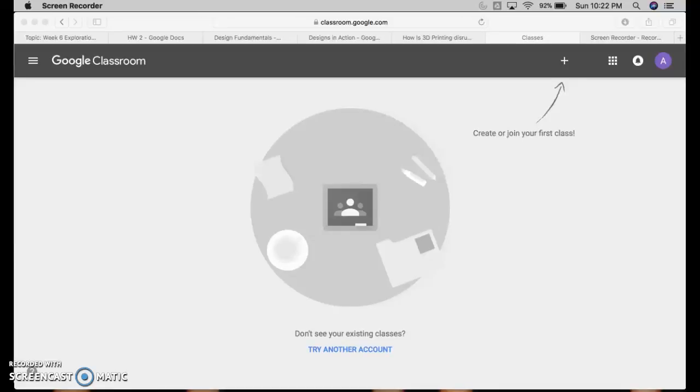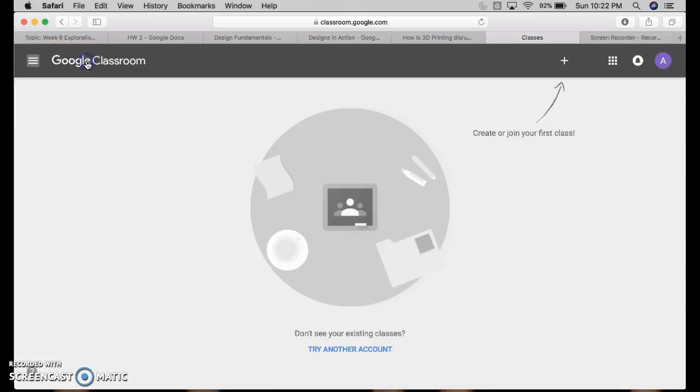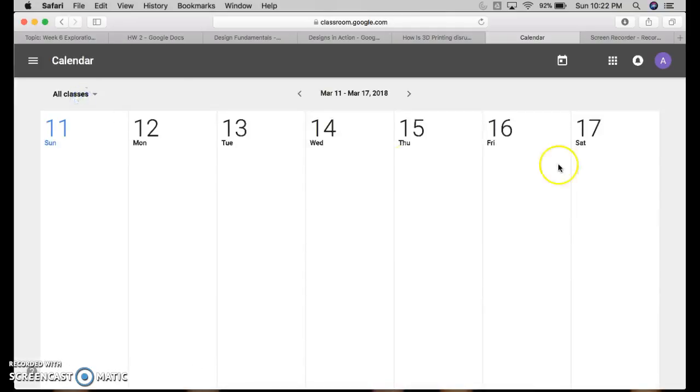The LMS that I chose was Google Classroom, and one of the interesting features that I found on Google Classroom was this menu up on the top left where there's a link to your classes, and if you click on that, all of your classes will pop up, and below that is a calendar, which helps you stay organized within all of your classes and allows you to put your assignments and your appointments on there and keeps you organized